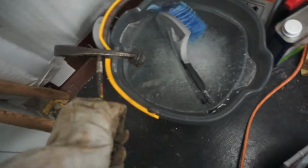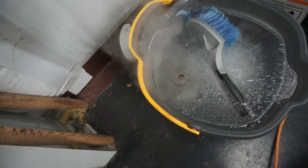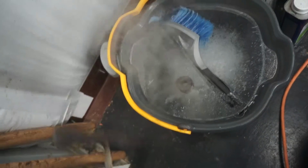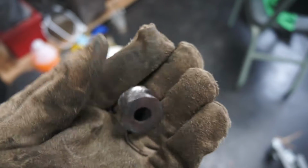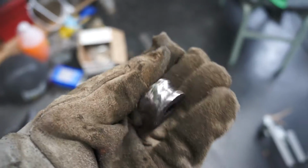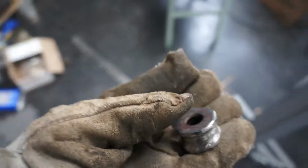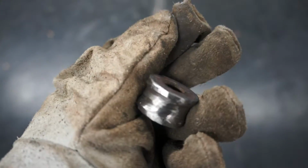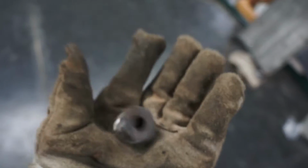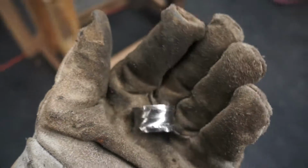Let's cool it down. Alright, so this is it. I'm going to go ahead with the flap wheel, or whatever you want to call it, and clean this up and make it look pretty. This is what I came up with: two washers, that spacer from the 250F, and that's what it's looking like so far. Not the smoothest thing ever, but it'll work just fine. So I'm going to throw this on and see where the gas tank sits, and then I'm going to get started on extending